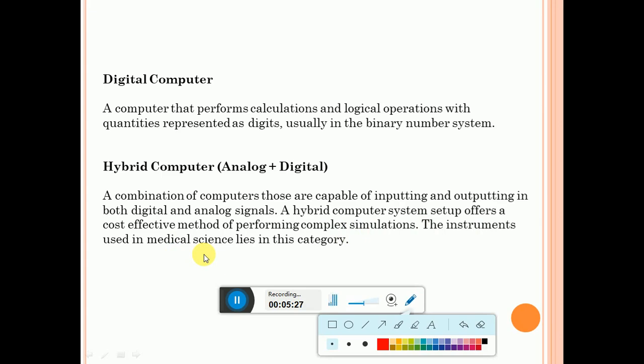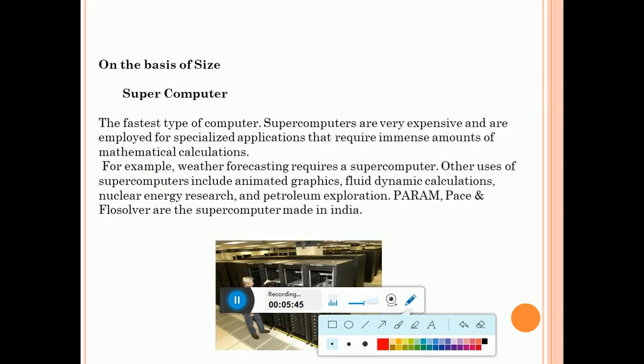In that place they will use this hybrid because they need both analog and digital values to be accepted, and it has to show both outputs also. So what are the three types? One is the analog computer, the second is the digital computer, the third is the hybrid computer.